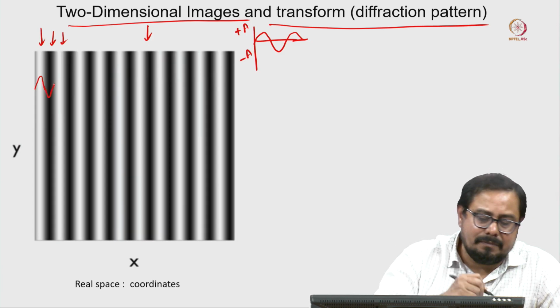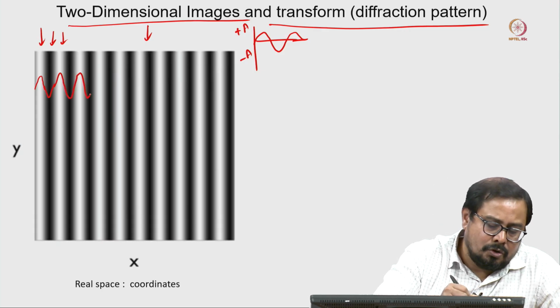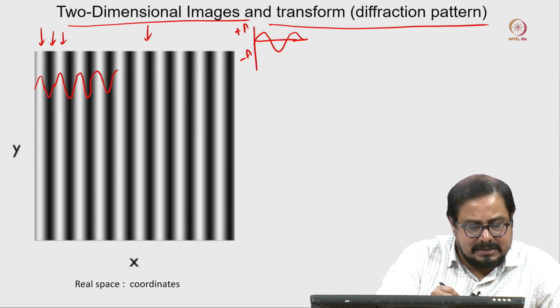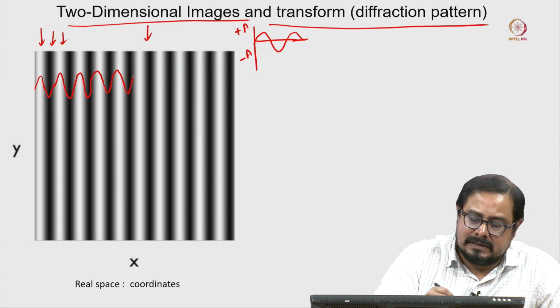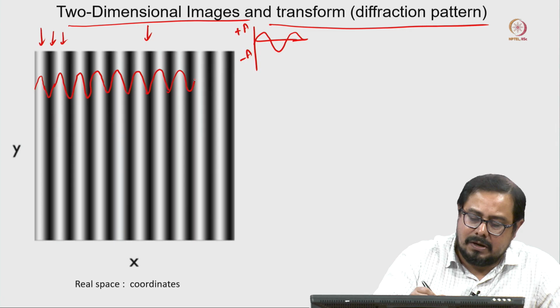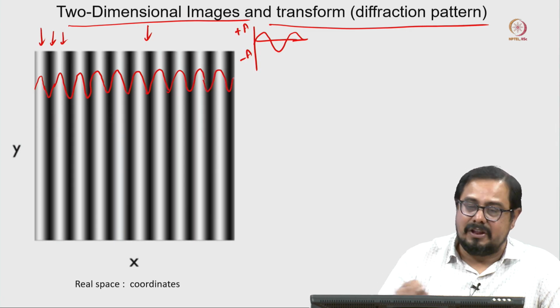Then this black means negative, again it is going up, again it is going down. So, you can see that I can represent this image as a sine curve, going up and down,